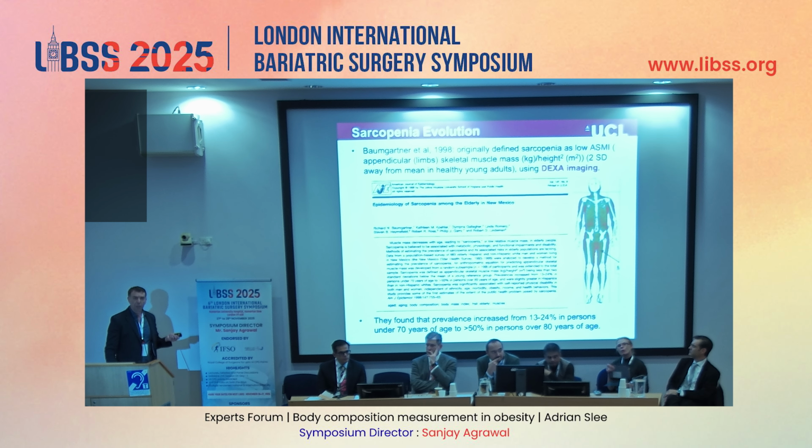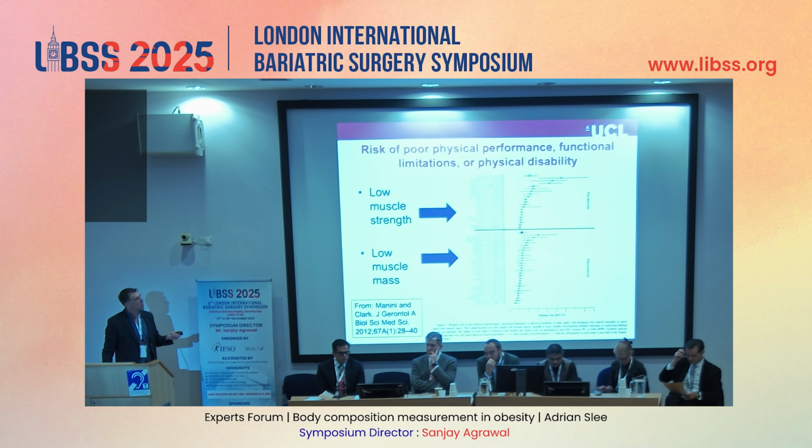The reason for that is because obviously in the limbs that more closely relates to physical function and has greater importance for frailty risk. And the reason I mention this is because if you look at a whole range of studies, going back to 2012, a systematic review, a meta-analysis paper, low muscle mass, and in particular, very importantly, low muscle strength, dynapenia, actually closely correlates with disability and poor physical function.